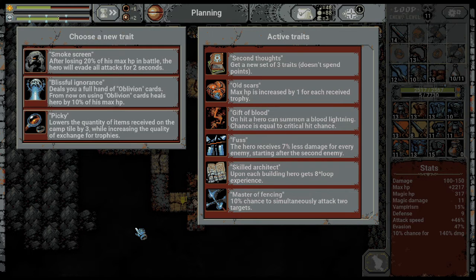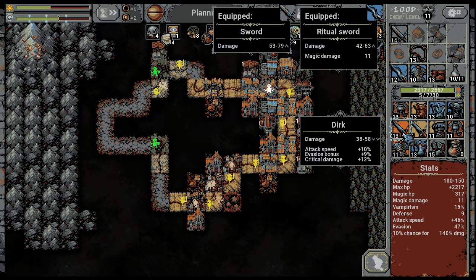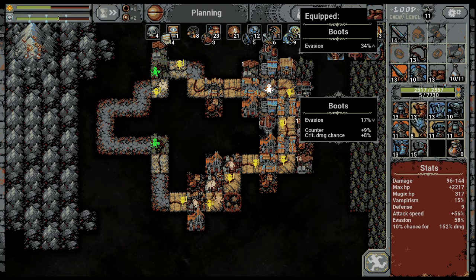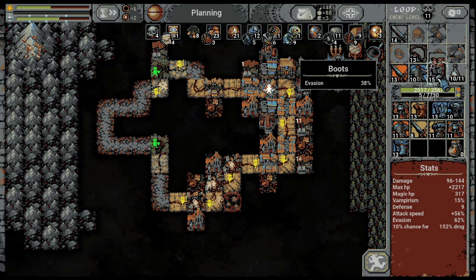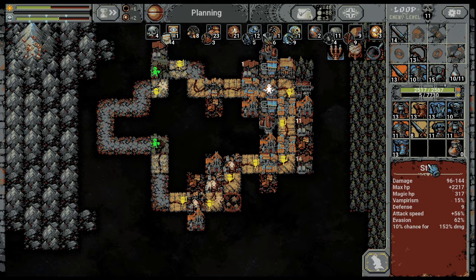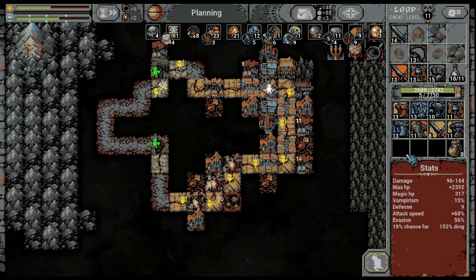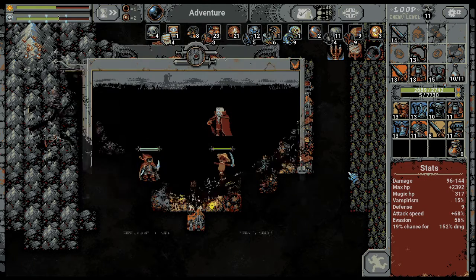I'm having second thoughts, and I'm going to use smoke screen. 13 is not bad for damage. 15 for boots, huh? That's very high. I'm going to use level 13 for armor, and there's no necklace options, so